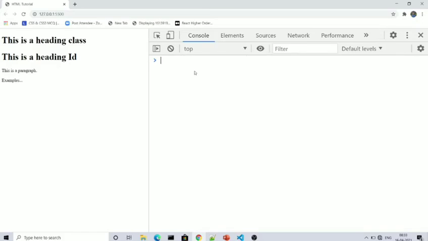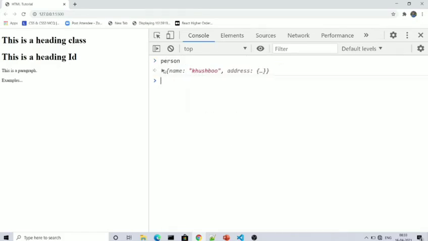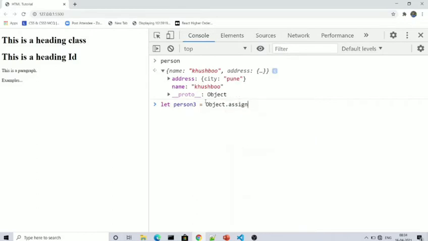Suppose we already have the person object, with name as Khushbu and address as city Pune. Now I will create another object, let person3. I will copy the value of person using the Object.assign method.